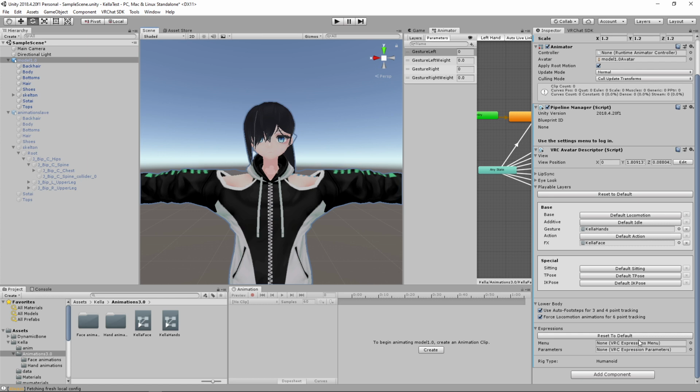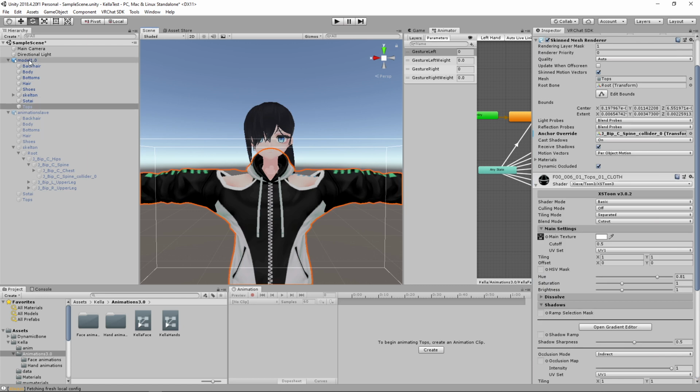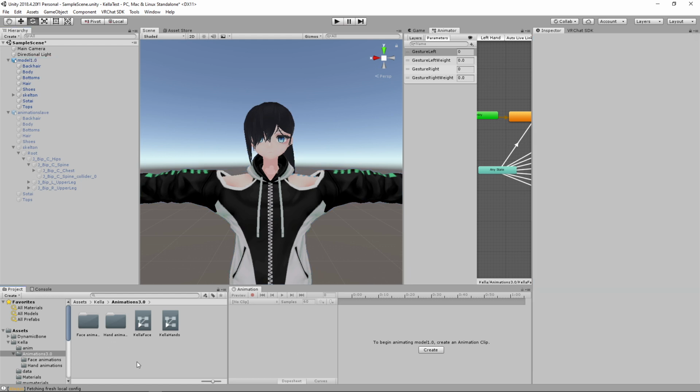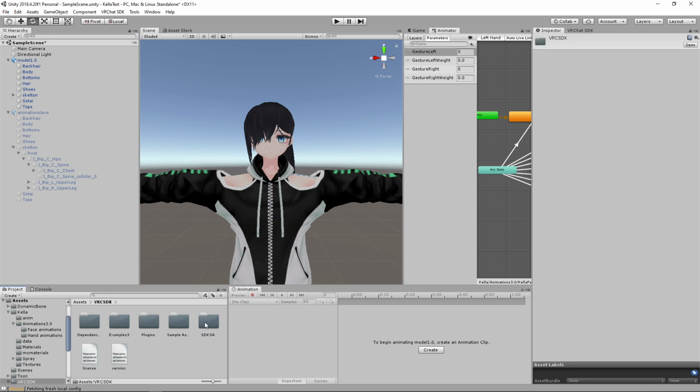But for today's example, I'm going to make an outfit toggle. I want to toggle this sweater on and off, okay? So we're going to need to make our own menu and parameters if I want to do that. These menu and parameters are the same ones that you'll use for your avatar all the time for everything. So I need a pre-made version of them. Remember, we have that proxy folder. We can go back to the VRC SDK, go to examples 3, and find the